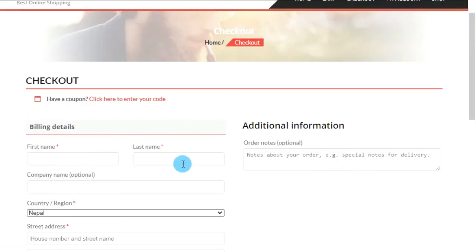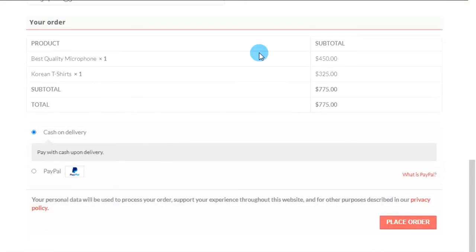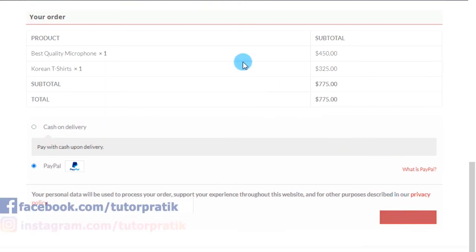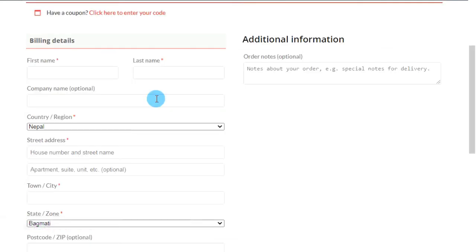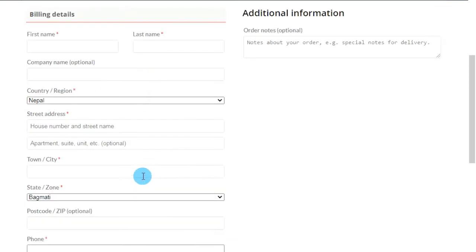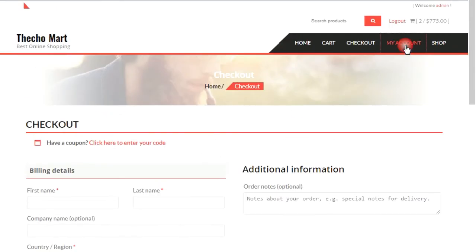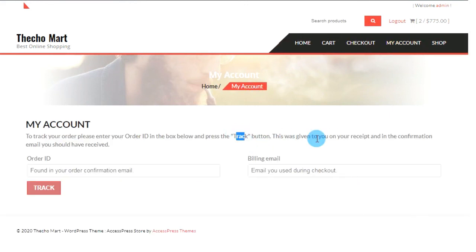Now in checkout, the customer has to fill out their information, and as I added two payment gateway services, they can choose either cash on delivery or they can choose PayPal for the payments, and finally click on place order. Then it will redirect to the PayPal service where customers can complete their payment, and they will be redirected back to our e-commerce website. And the details entered by the customers also create their accounts that they can check their